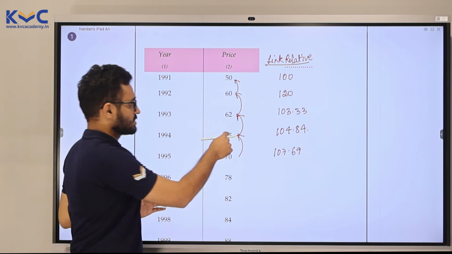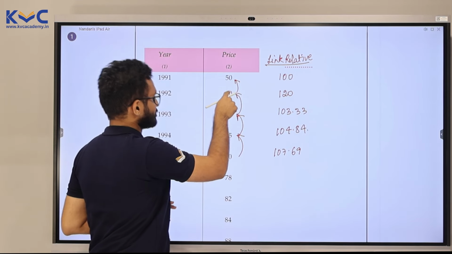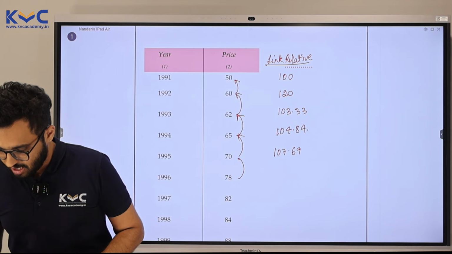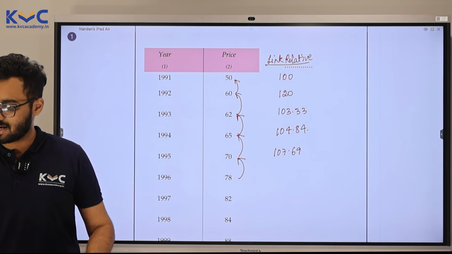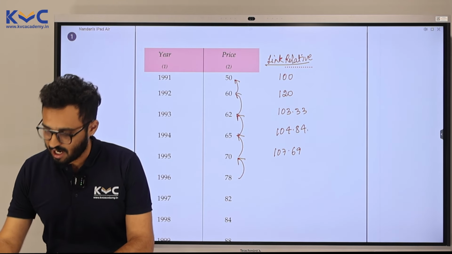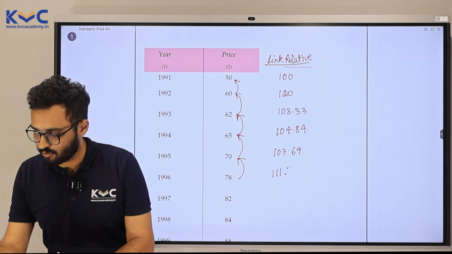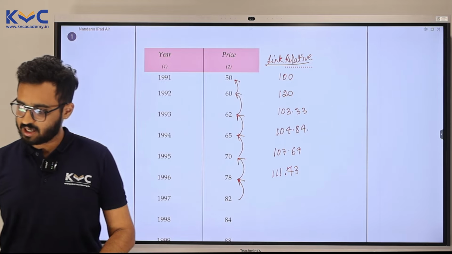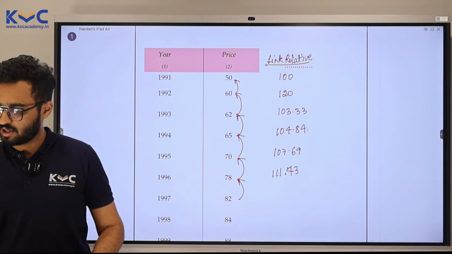Are you observing that? 65 divided by 62 into 100, 62 divided by 60 into 100. So that is how we are getting these numbers. Next, 78 and 70. 78 divided by 70 into 100, we get 111.43. Next, 82 divided by 78 into 100, I get